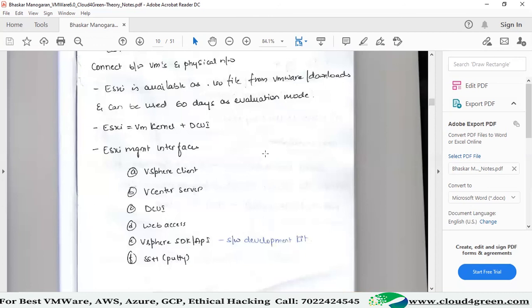Then cd and type the model name. ls -lh.